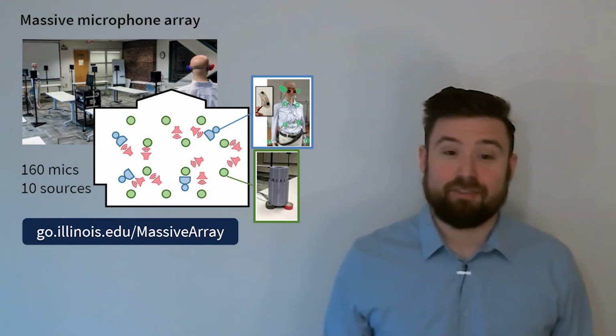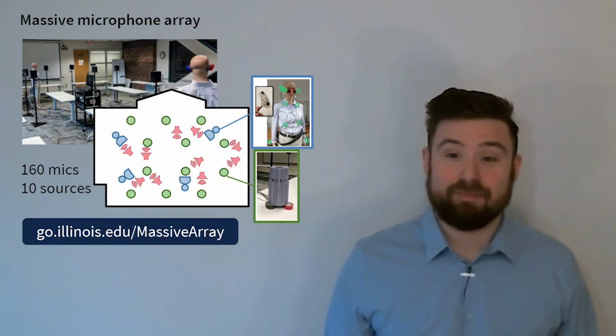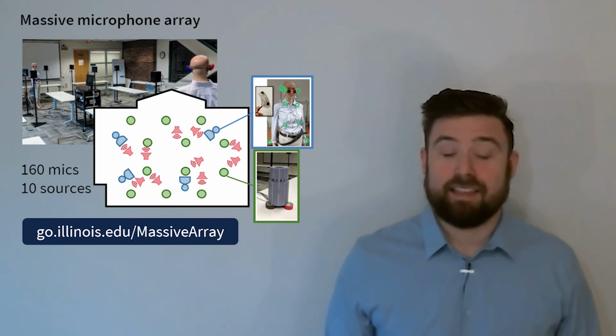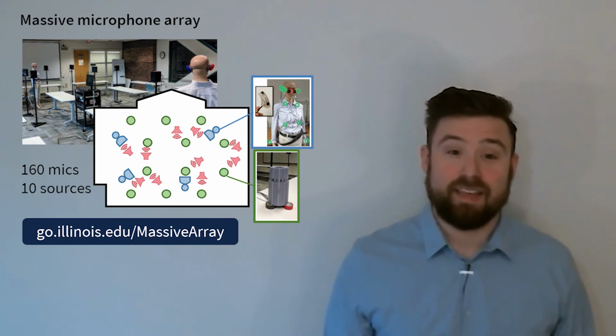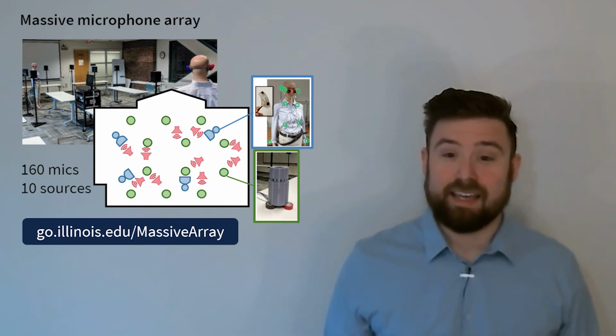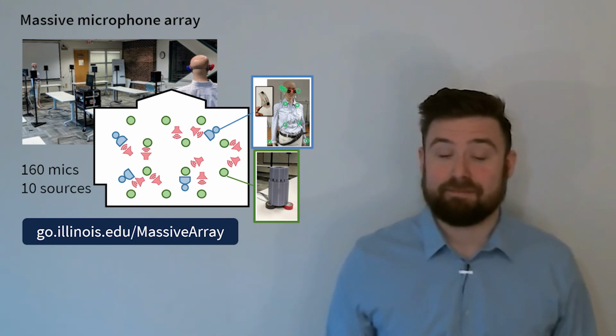A key advantage of the high-low model is that it can scale to arrays of any size. Since this is the special session on large arrays, we tried it with the massive microphone array dataset we presented at CAMSAP 2 years ago. This array has 160 microphones spread across a large conference room, including 4 wearable arrays and a dozen tabletop devices.